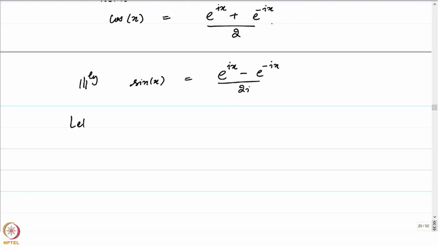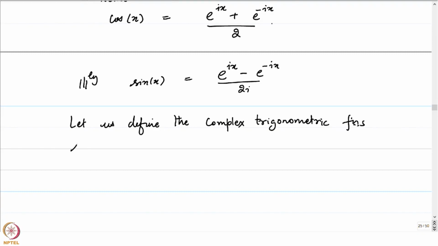So let us now define the complex trigonometric functions, sine from C to itself and cos from C to itself given by